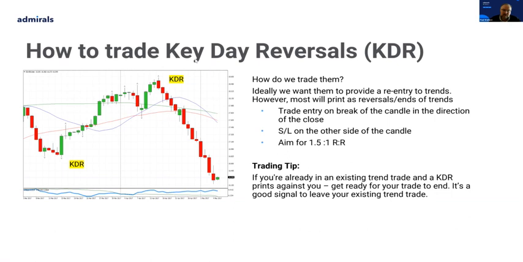So how do we trade it? Well, here we go. Firstly, once we've identified one, we trade an entry on the break of the candle in the direction of the close. So in here, what we'll be looking to do is to have an order beneath the low of the KDR. Our stop loss would always go on the other side of the candle. If that was on a daily chart, I'd be looking for a bearish candle, and my short entry to be in about 2 to 5 pips beneath the low of the candle. My stop between 5 to 10 pips above the high of that candle. Okay, the stop loss there.